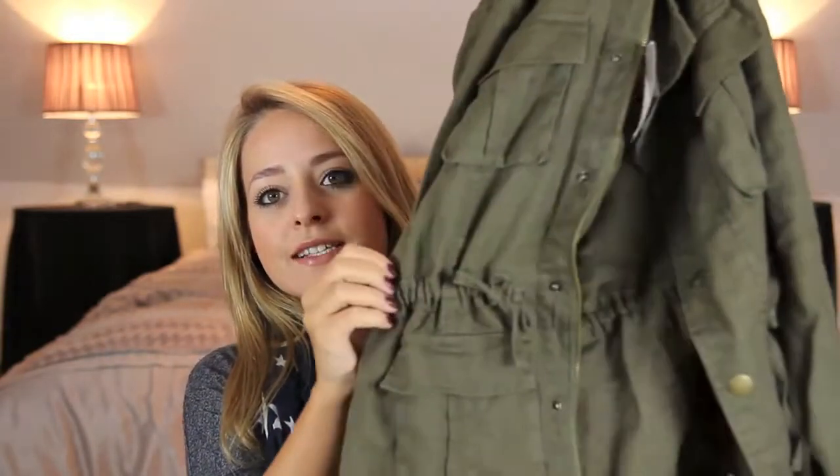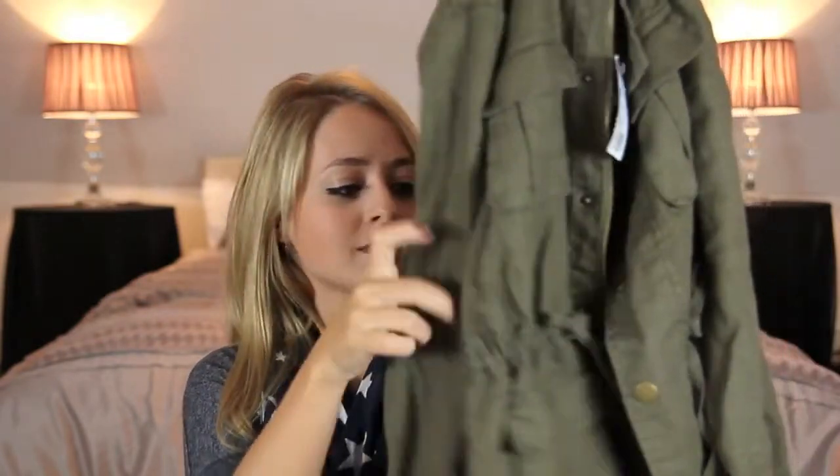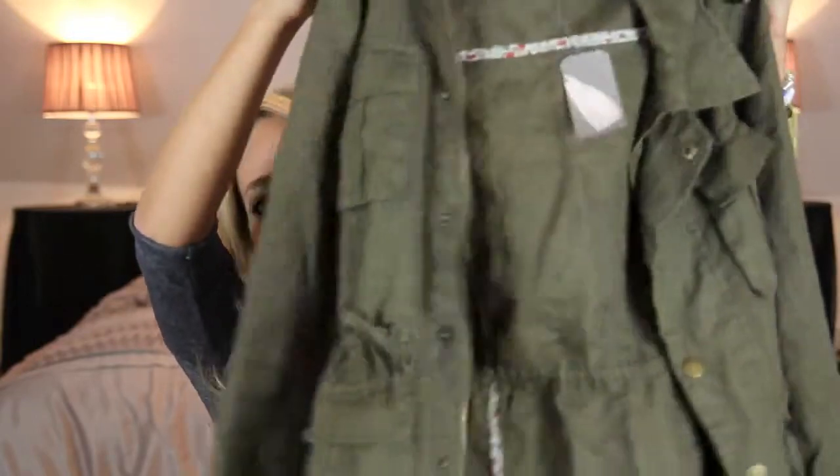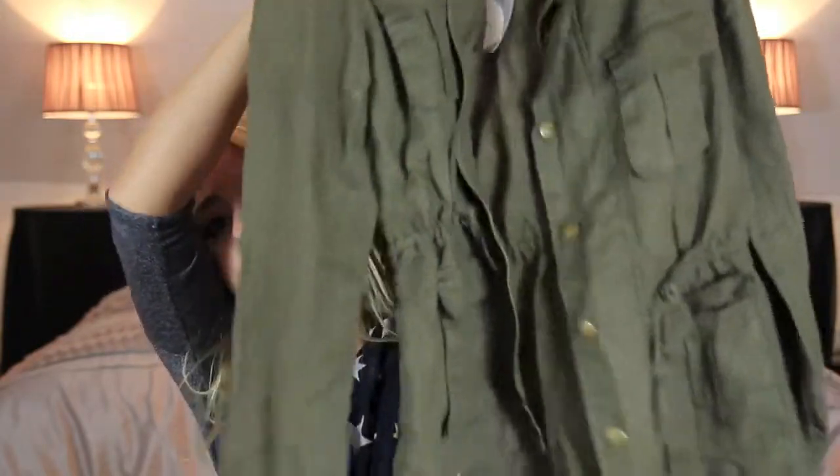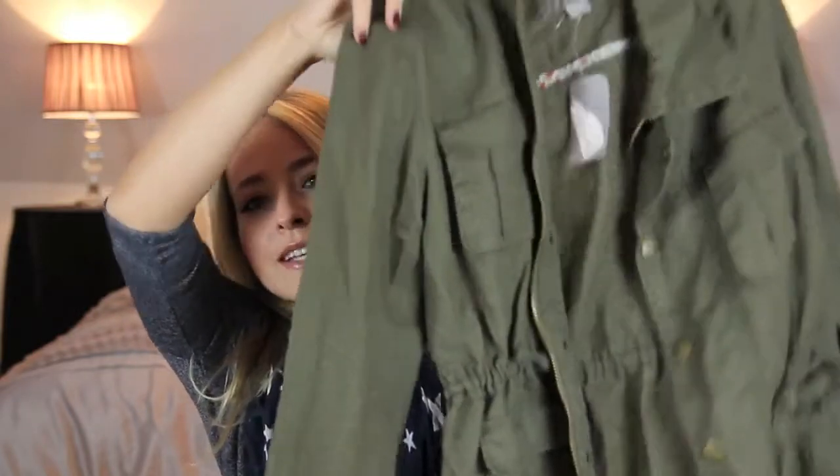But it has a kind of pull belt as part of the jacket, which you can use to cinch in your waist. So I do really like this. It fits quite nicely. It's fairly short, and it definitely won't keep you warm when it's really cold, but it's